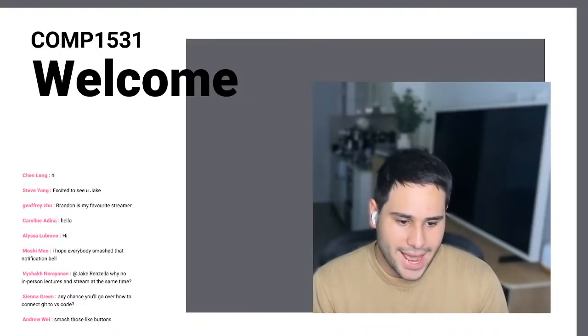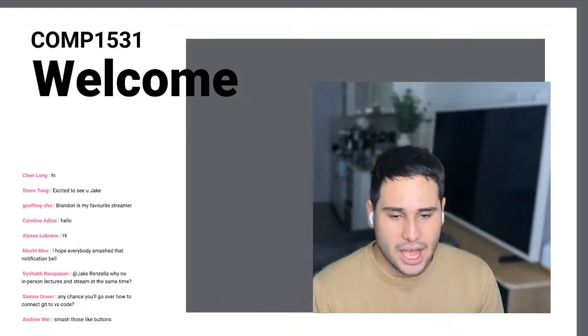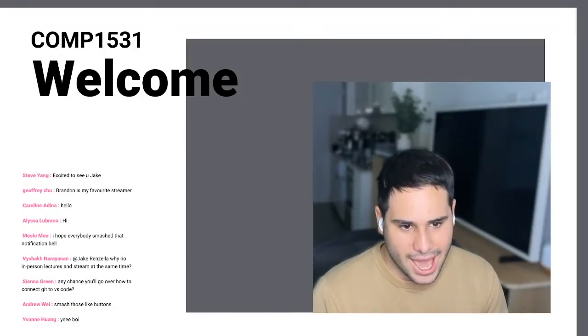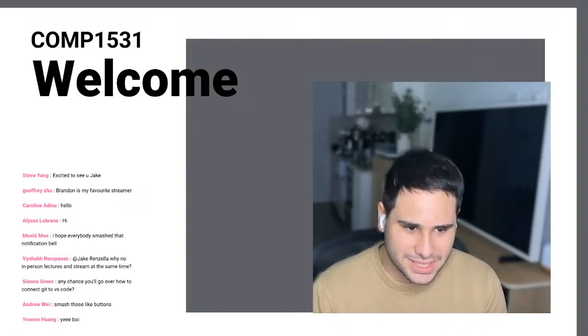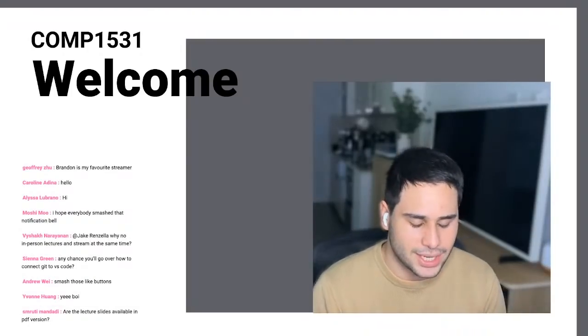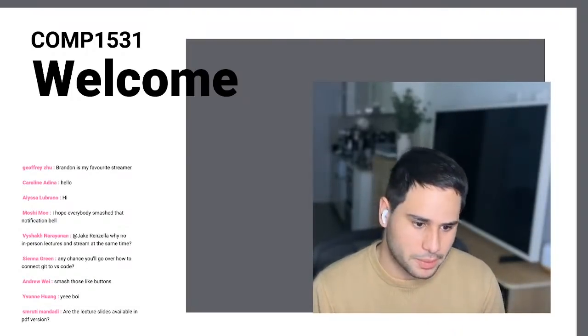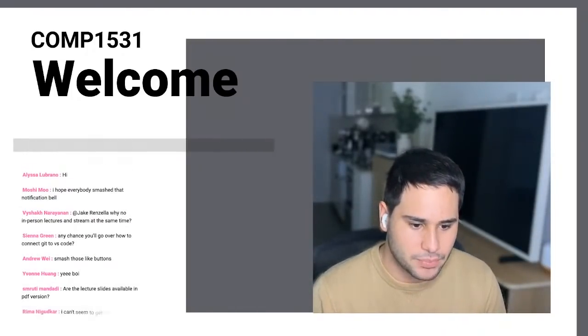Any chance we'll talk about how to connect Git to VS Code? The second half of this lecture is all about Git, and maybe we can address it then, although it's not really specifically in the scope because VS Code is not the only tool people will be using, but maybe we can explore it if we've got time. Okay,